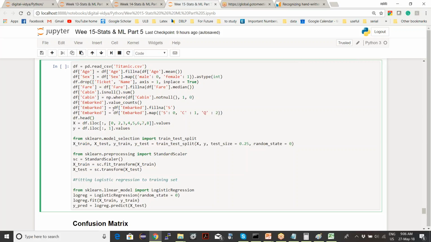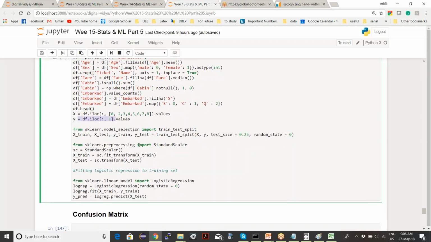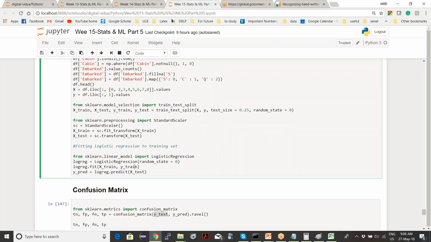Here we are doing encoding of your data, and then finally we have our prepared data. We divide it into our features and then our labels. We split the data into training and test sets, we do our feature scaling, and then we do our training.